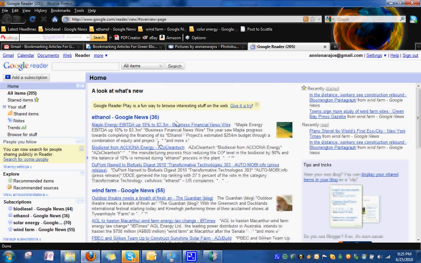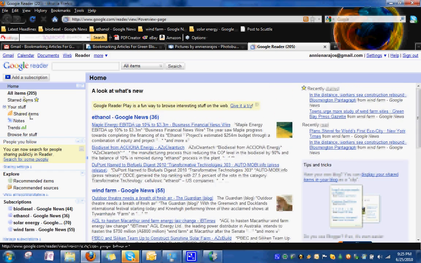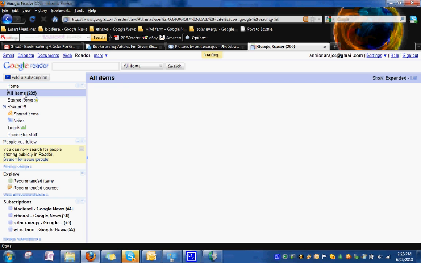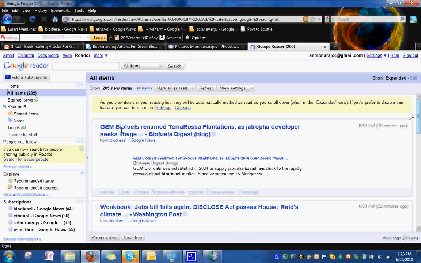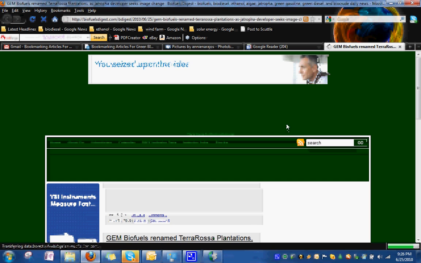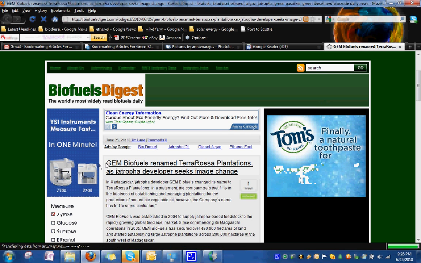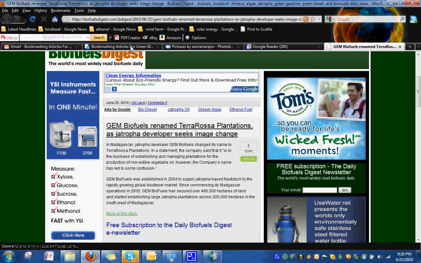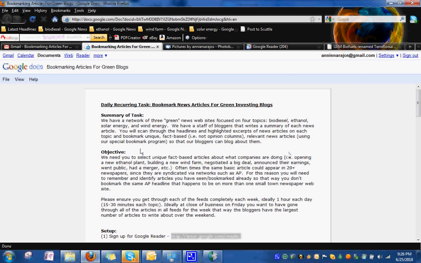So, this is what you will look at every day. From the top, what you do is you log in and then make sure it's updated to the date. So you go to all items, so they will appear. So you just go from one article to another. So you try to read it, sometimes you can see it in the first paragraph if it's talking about the subject, I think it's very well described here.